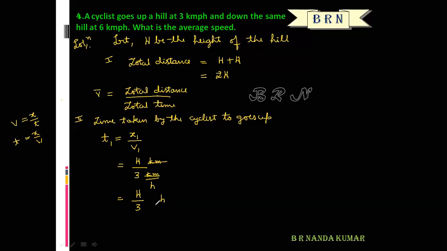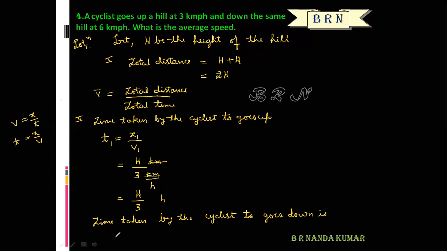This is H by 3 hour. So capital H is the height of the hill, small h, that is hour. Okay. So after that we have to find out what is the time taken by the cyclist to go down, right? So the time taken by the cyclist to go down